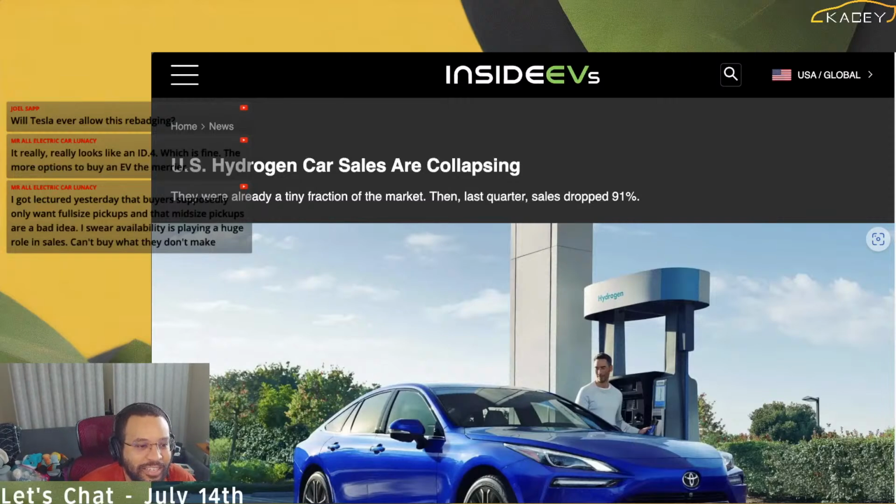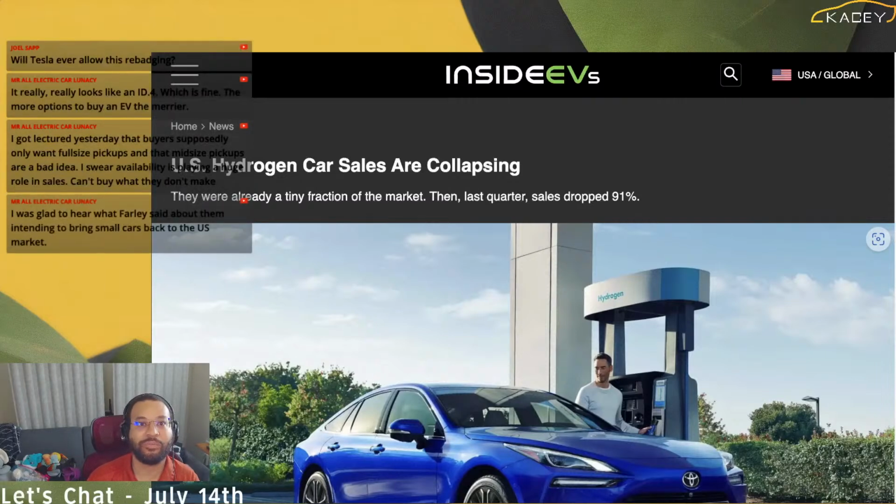Mr. Electric Lunacy says, I got lectured yesterday that buyers supposedly only want full size pickups and that mid size pickups are a bad idea. I swear availability is playing a huge role in sales. Can't buy what they don't make. But worse than that, marketing is really strong in this company as much as people don't want to admit. So when you see all the people looking at the mid-size trucks and mid-size SUVs and saying that doesn't look safe for my family, and doing this vehicle arms race, good job,